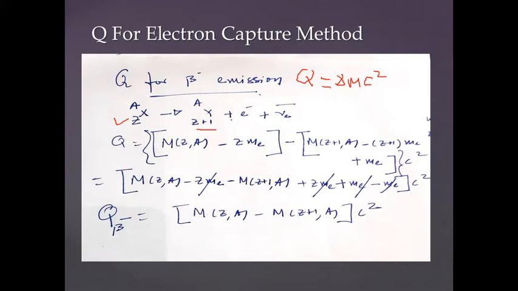The initial mass, and this mass is nuclear mass. Please understand this. Actually, we write atomic mass because atomic mass can be written instead of nuclear mass if the number of electrons is the same on both sides. But if the number of electrons is not going to be the same, because in beta emission there is an emission of electrons, then you have to be very careful in beta decay processes.